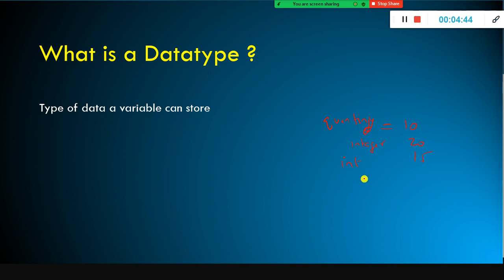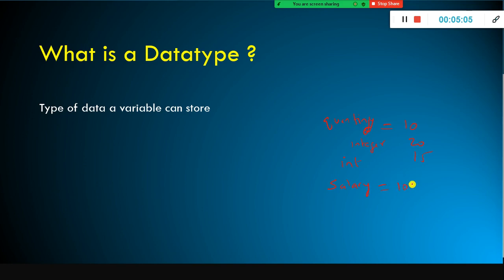Let's take another example. I have a variable called salary. It is also a numeric variable, but it is a decimal number. Hence, we need to use the decimal data type. So it is not a whole number, isn't it?